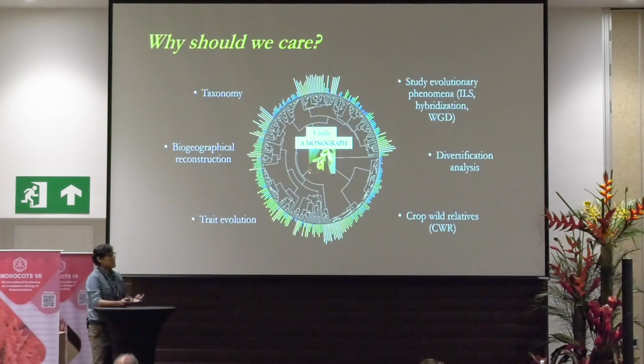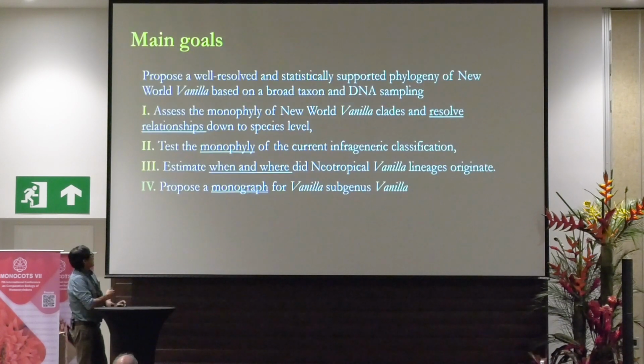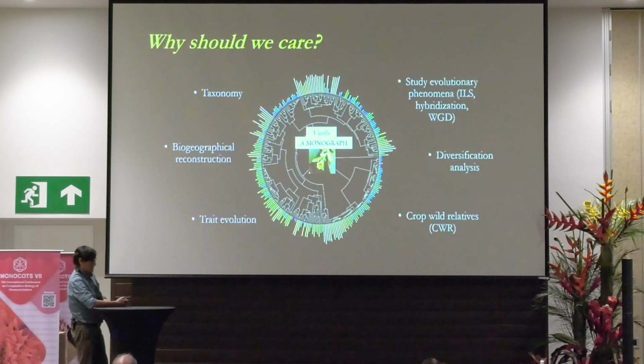So now, why should we care? Why is tackling this so important? Because having a phylogenetic tree is the starting point for asking other types of evolutionary questions. Like, for example, once you have your tree, you're going to start asking questions about